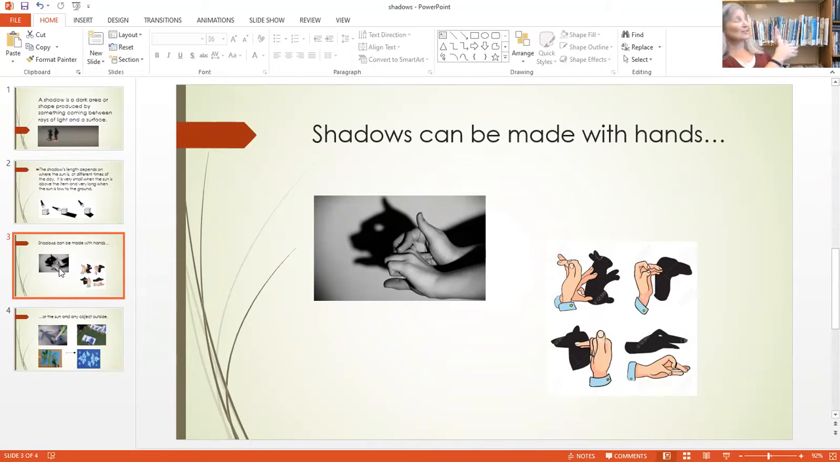Now, obviously here I don't have any wall behind me, so I can't do it here. But you can see in these pictures, this guy is making some sort of an animal. This one is a bunny rabbit. Here's a dog, looks like a crocodile. You can practice those and they'll move if you move your fingers and your hands. Now these ones won't move,